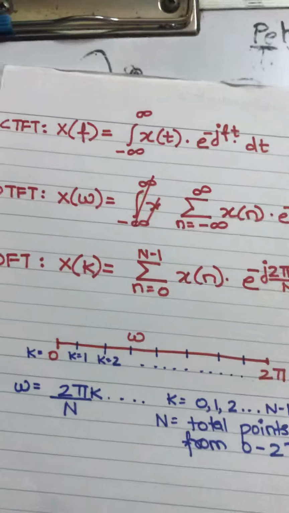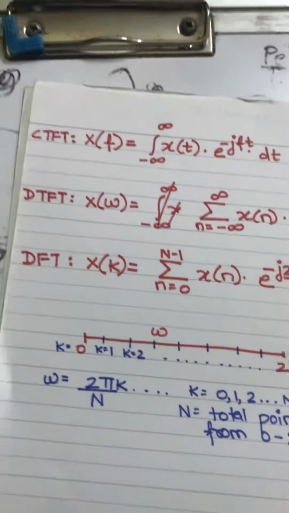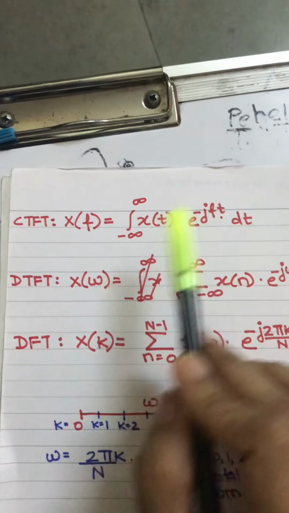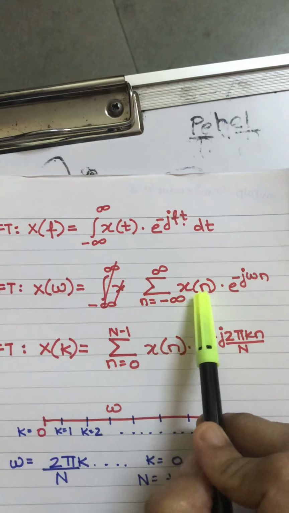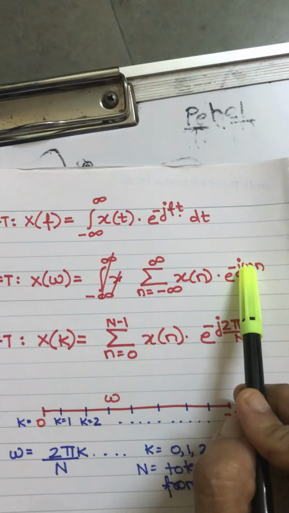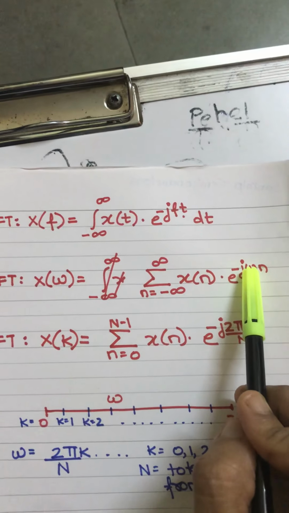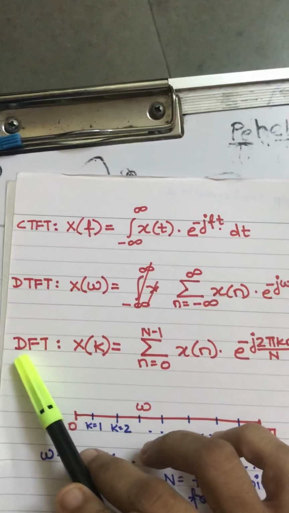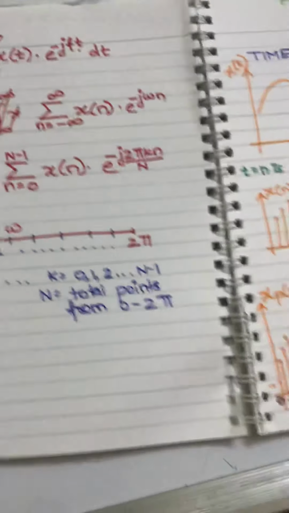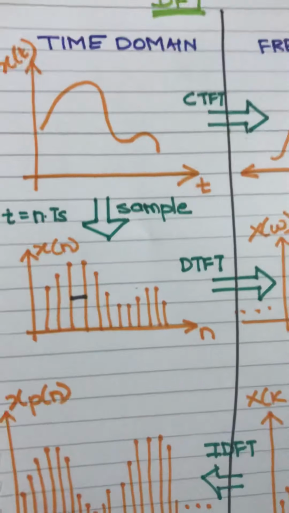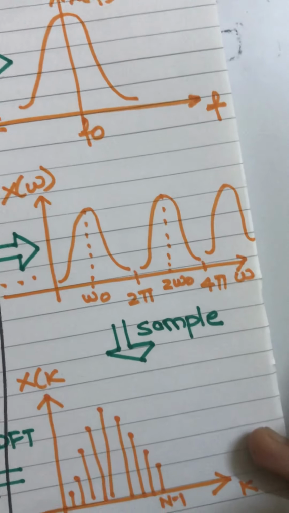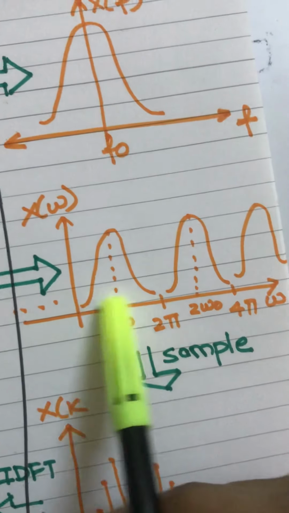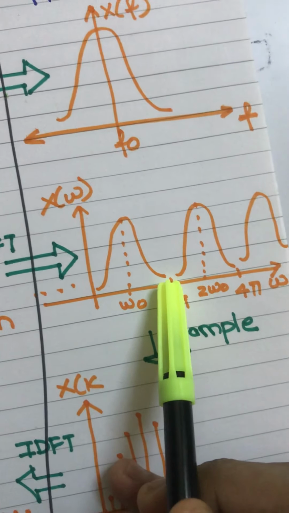Let us delve into a little bit more detail now. These are the expressions of CTFT, which is with respect to f, continuous frequency f. This is DTFT, which is with respect to n and omega. Omega is a continuous, discrete frequency variable, and this is DFT. Now, as we have observed, this energy bundle is unique in the range from 0 to 2 pi, after which it repeats. So we are just going to consider the unique range and sample that range.